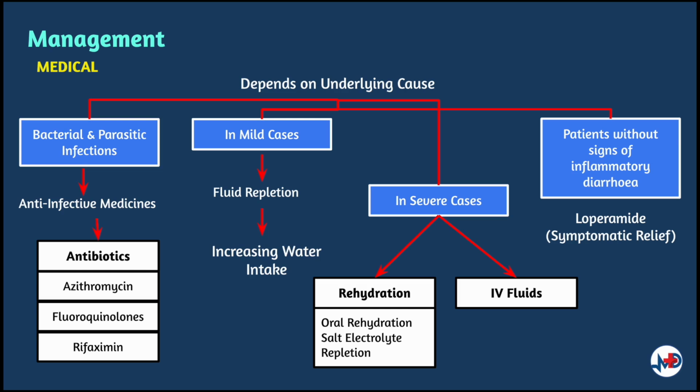So, other measures that can be done to treat traveler's diarrhea would be, depending on the underlying cause, obviously. For bacterial and parasitic infections, importantly prescribe anti-infective treatments such as antibiotics or antihelminthic agents if necessary, and prevent dehydration. Preventing dehydration happens to be the main focus of viral diarrhea treatment. This means replacing electrolytes and drinking plenty of fluids.